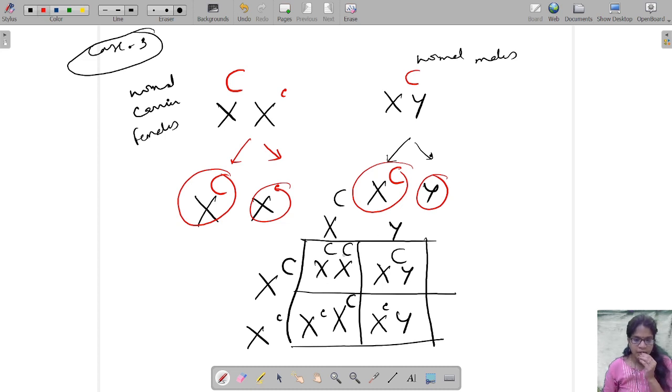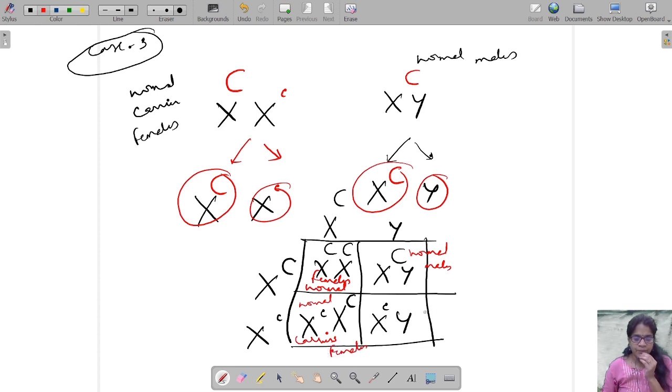See, these are in the dominant condition, which says they are normal females, and these are normal males, because this is capital C. So this is expressed only in small c, and these here are normal, but they are carriers, right? Females,